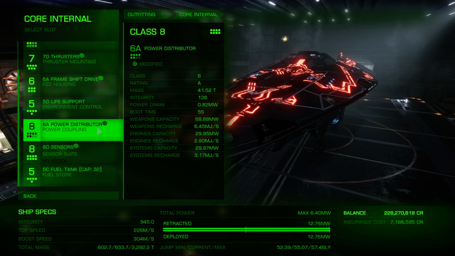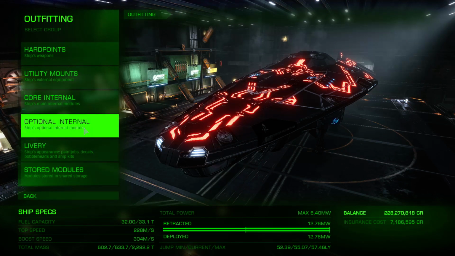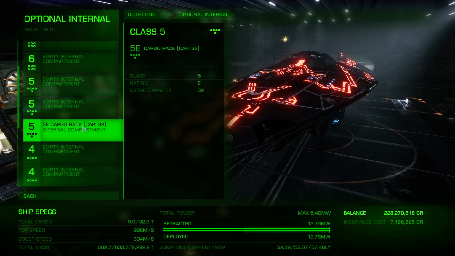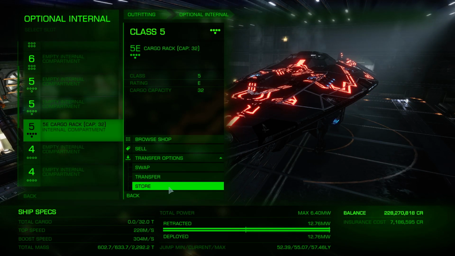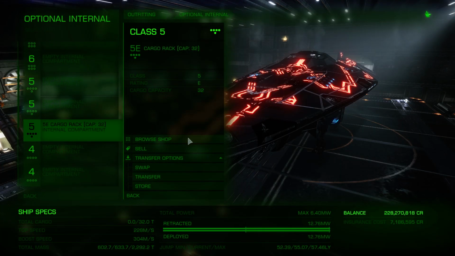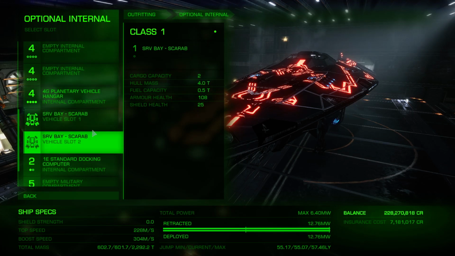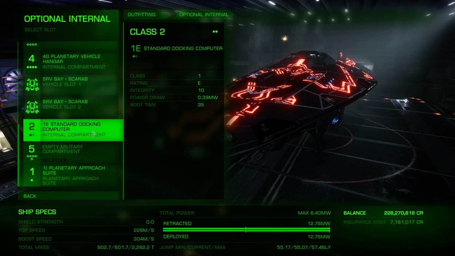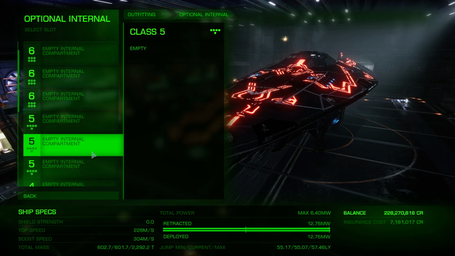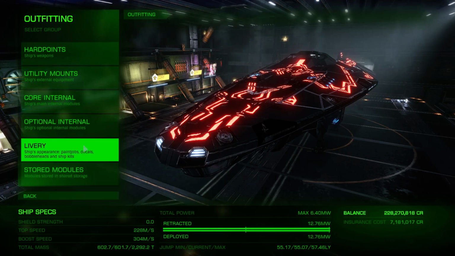Let me just check anything else. 5D, 6A, okay, that's optional. I've got a cargo rack on there, so what we're going to do, transfer, install that baby. Did nothing to my weight. Docking computer. Okay. No shields. Well, I suppose there's no shields on there, so...